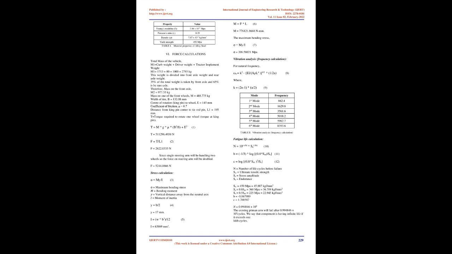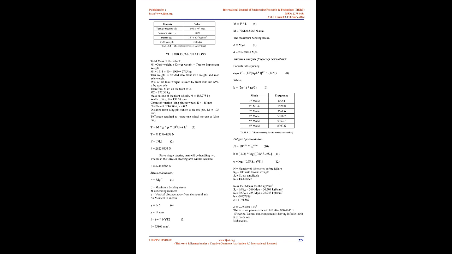T equals torque required to rotate one wheel, torque at kingpin. Since single steering arm will be handling two wheels, so the force on steering arm will be doubled. S equals maximum bending stress, equals bending moment, equals vertical distance away from the neutral axis, equals moment of inertia. Stress plot. Maximum stress,